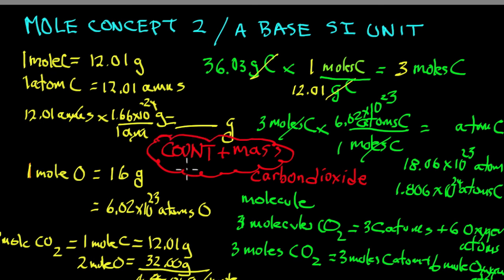The count's always the same, 6.02 times 10 to the 23rd. The mass depends upon the mass of the atoms. If it's an element, you just get the mass of the element. If it's a molecule, it's the combinations of the atoms that make up the molecule. So we're going to stop right there, and we'll continue working with